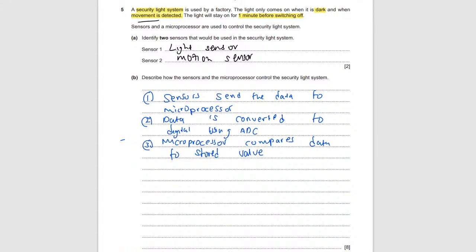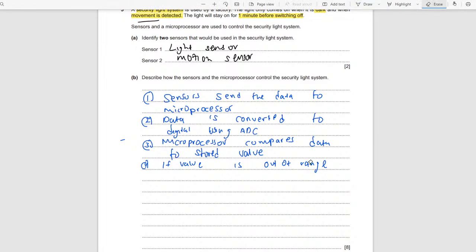So the microprocessor will compare this data with the stored values. Now, to get your other marks, because it's 8 marks, you have to mention these values, okay? You would say, if value is out of the range, that means it's not in the range, then the microprocessor will switch off the light. Or actually, let's say if it's in range, because if value is in range of what the criteria is, then